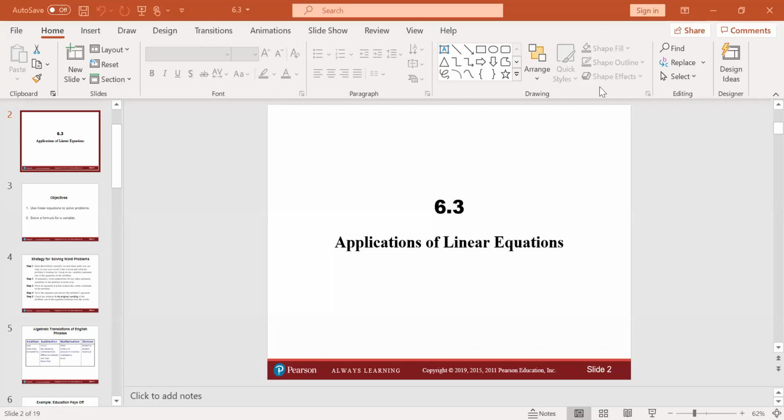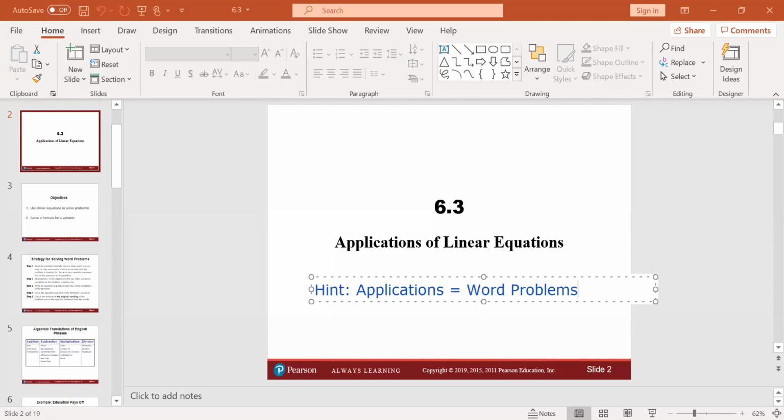Okay, so what we're going to be covering today, applications of linear equations. If you want a little hint, no, not that. Here's a big fat hint for you. Applications is a key word, a code word for word problems. That's what it means. When you see the word applications in math, just tell yourself, okay, whatever, it's a word